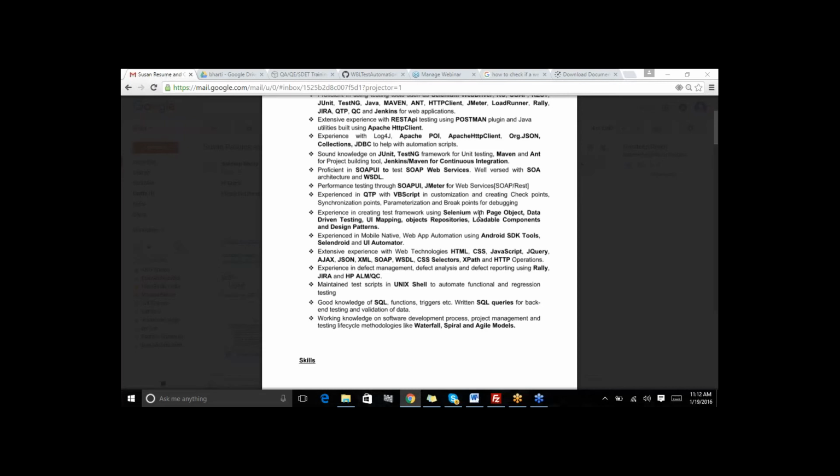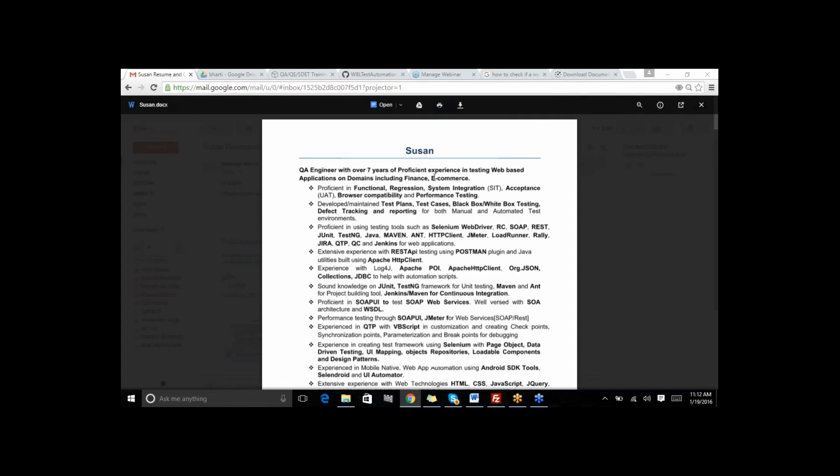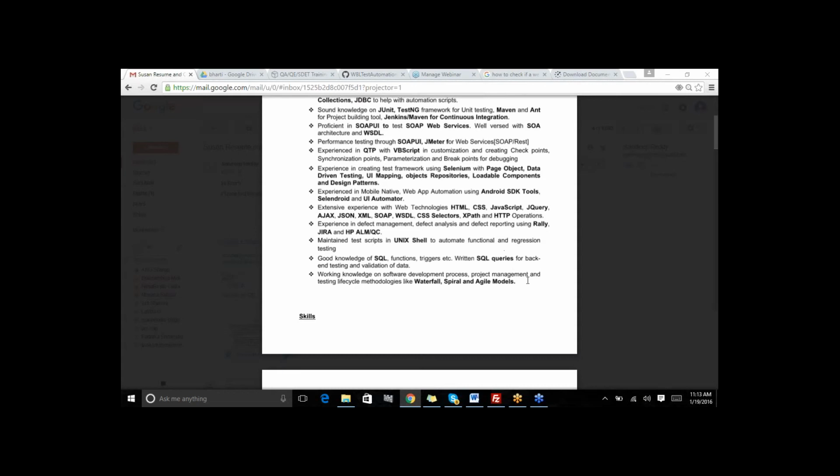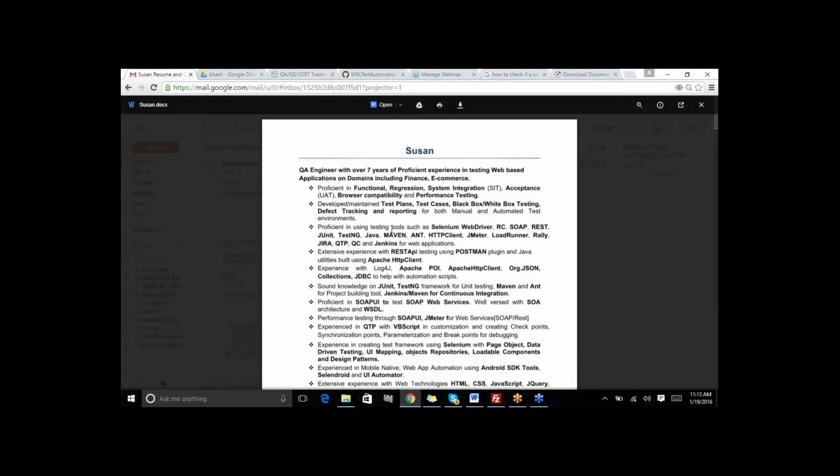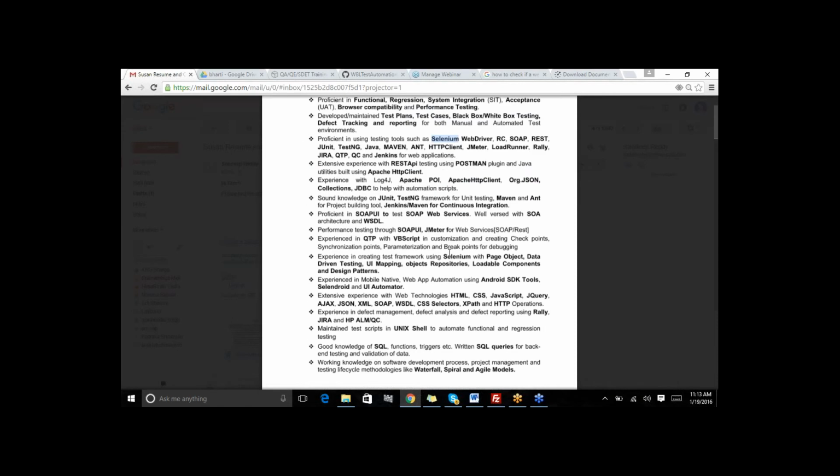Okay. All right. So let's talk about your resume. If we start with all the technologies mentioned in your skill set, for example, the highlighted point in your resume that says you have worked on functional regression, acceptance testing, and in terms of technologies, WebDriver and SOAP-based testing. Whenever there is a skill set mentioned in your resume, make sure that you have a backup plan for it, just in case someone asks about it.